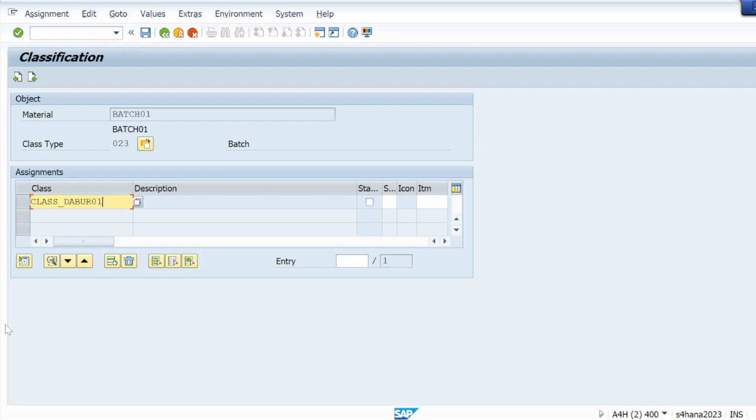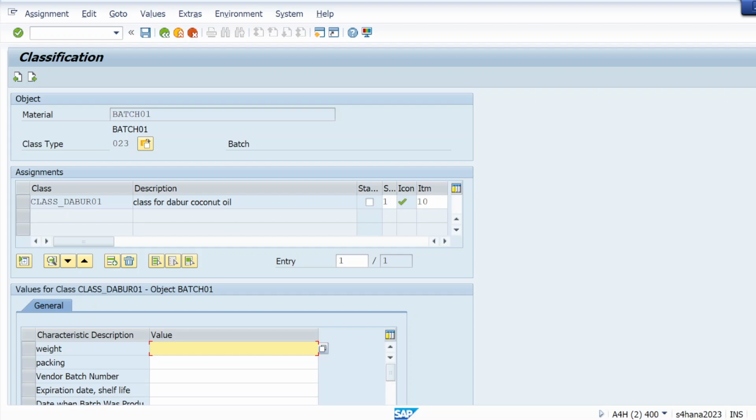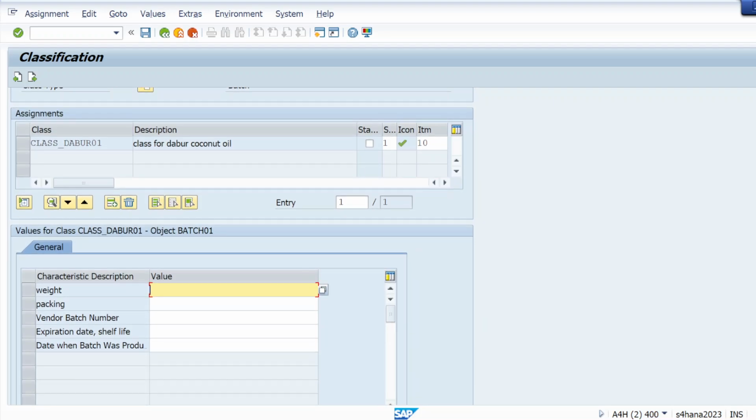So let me copy and paste, hit enter, and here let me give all these characteristics values like weight, packing, vendor batch number, expiry date, shelf life, date when batch was produced. These three I just used the standard ones, and weight and packing I created as customized ones. So let me give the weight, let's suppose 100 ml.